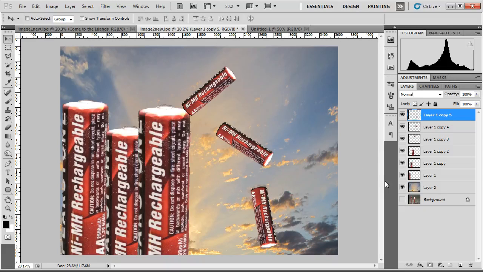So as you can see, Mr. Little Battery here, baby batteries, jumping off of the big batteries and falling into oblivion because I don't have anything down here. Now if I wanted to put something down here, I could put a nice scene of a lake or whatever down this way. And that's kind of the whole thing of composites, is that you can sit down and you can build a piece of art